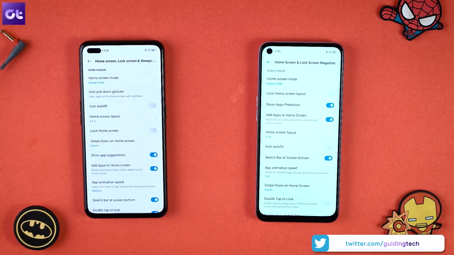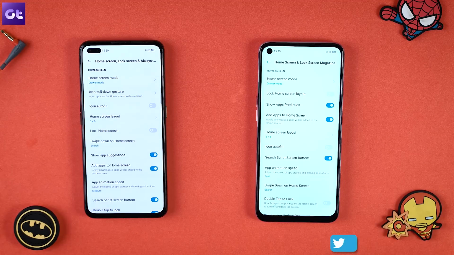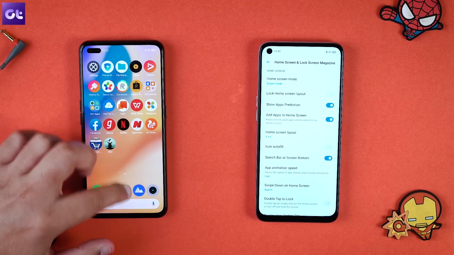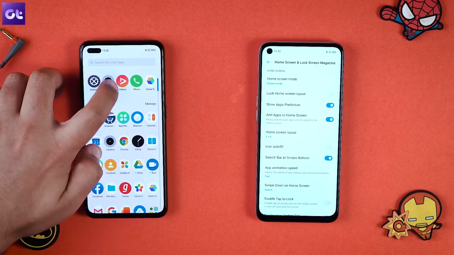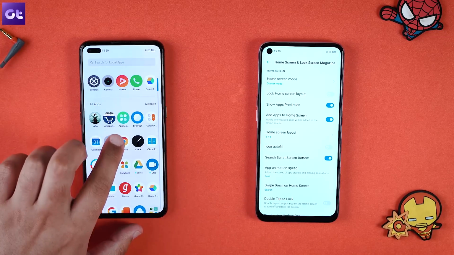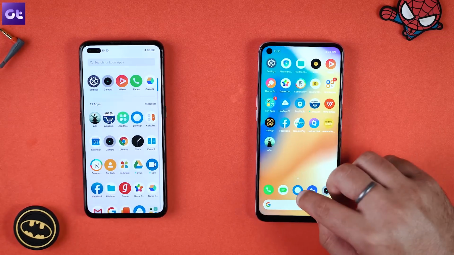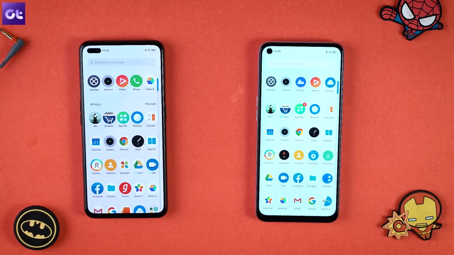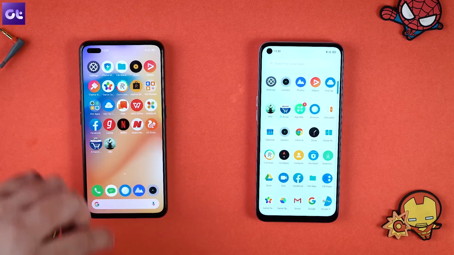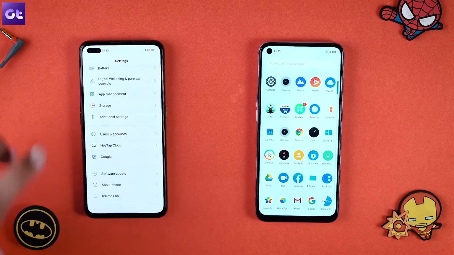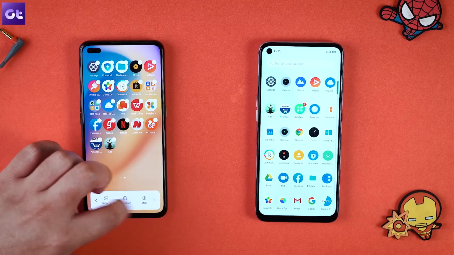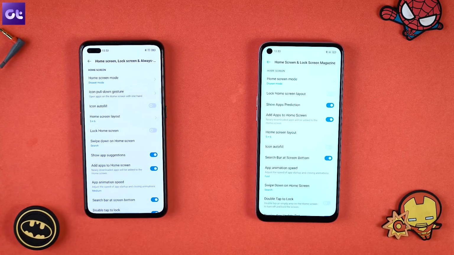Now going on to settings, there are a couple of new features that I wanna highlight. First off is show app suggestions, which you can toggle, which basically shows you suggestions at the top of the app drawer. So if you want it, you can have that setting. See, on Realme UI 1.0, this thing was enabled by default. You cannot turn it off. But with Realme UI 2.0, you have the option of turning that thing off. So yeah, that is another plus point. Now back to home screen and other settings.